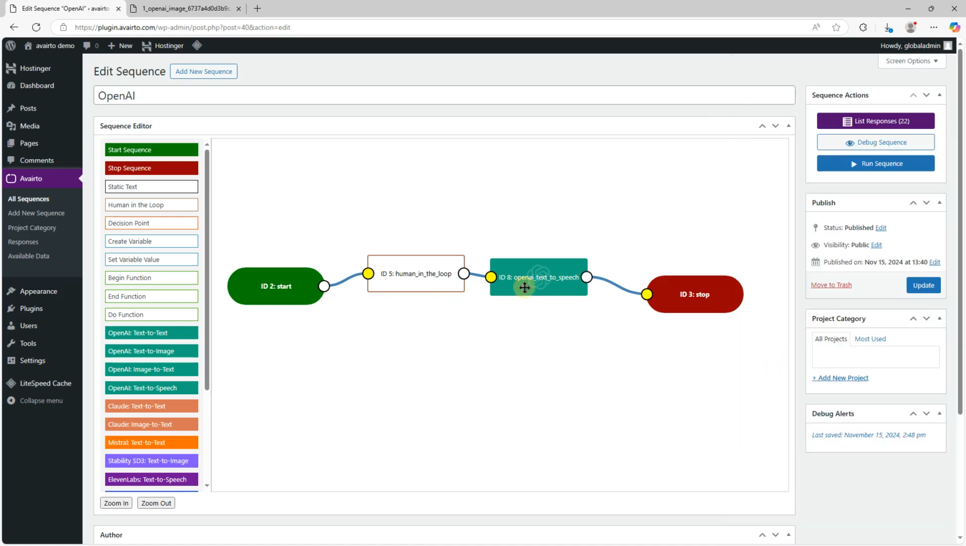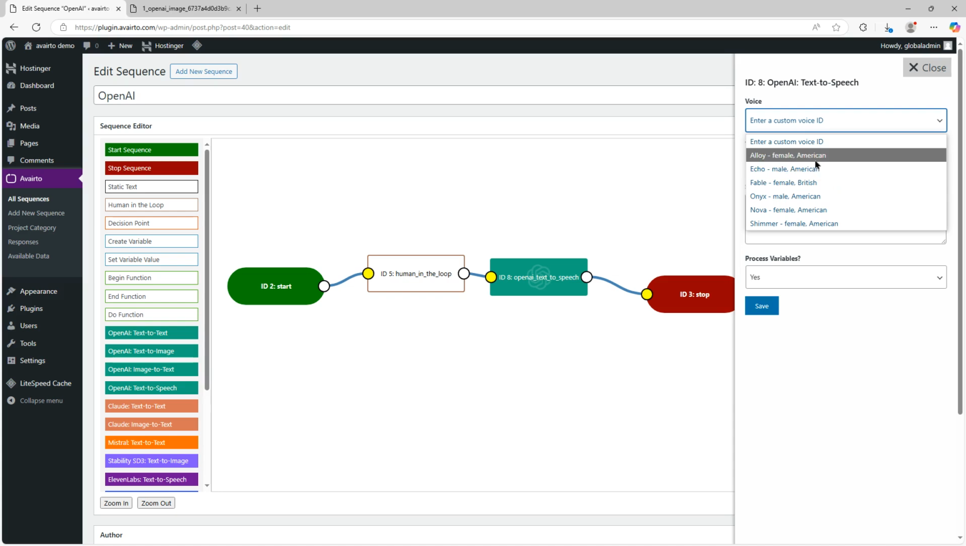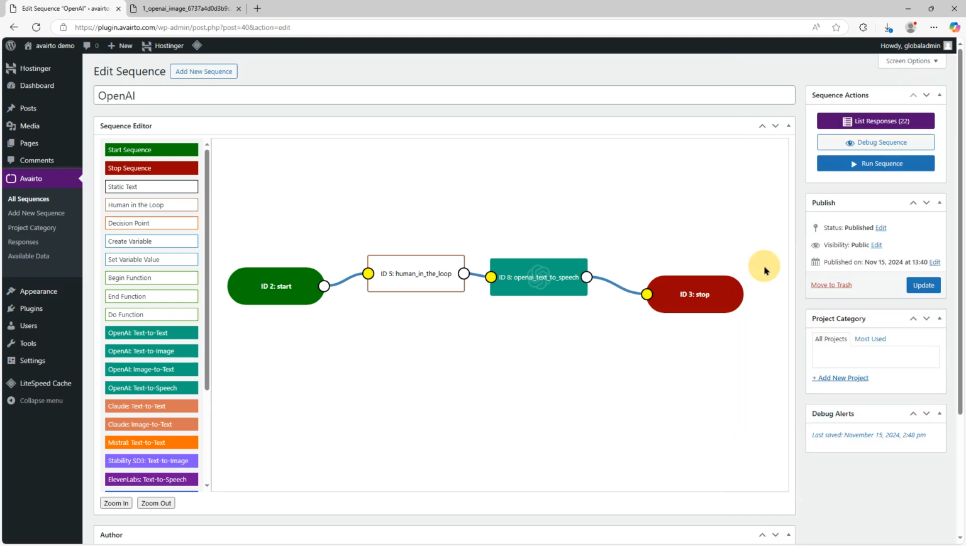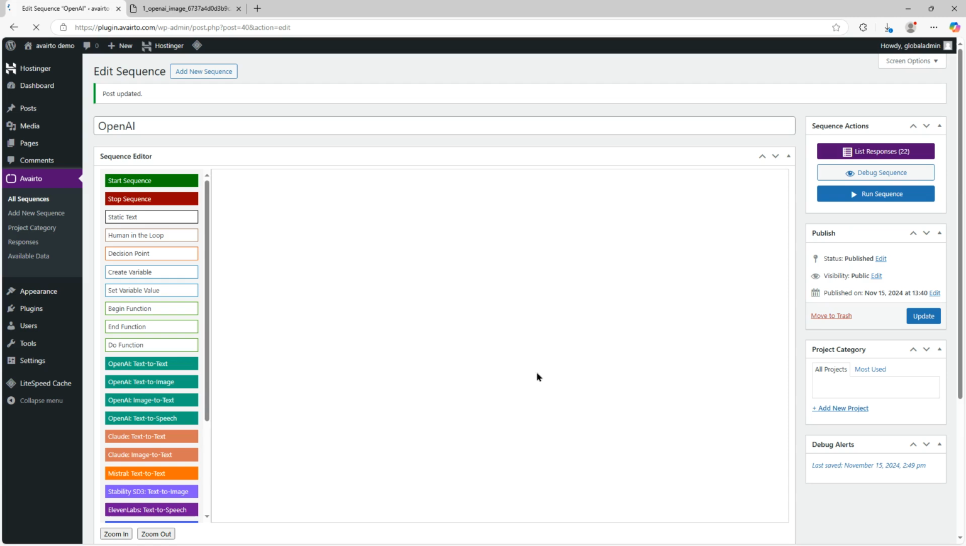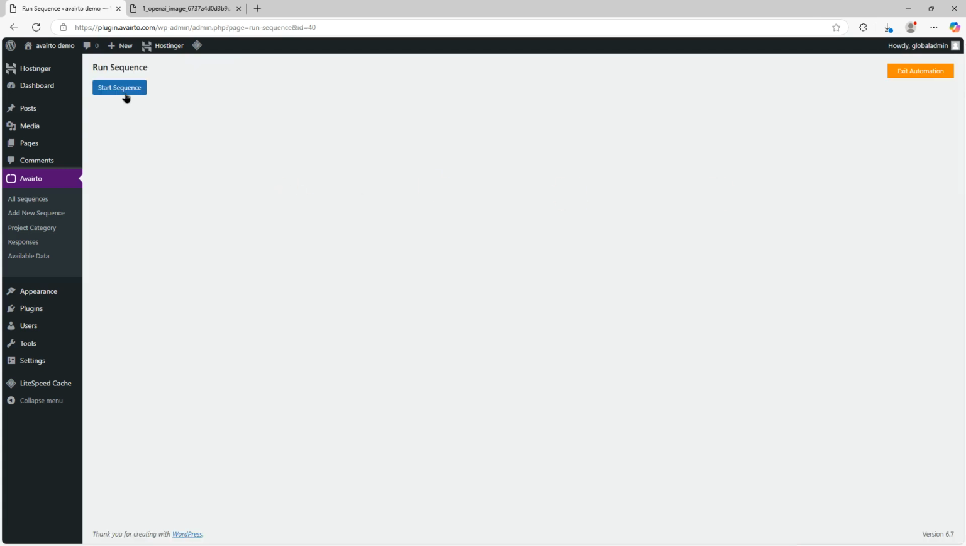I'm going to copy that response, drop it in to say the following. Make sure that process variables is set to yes. And I'm going to just choose whatever voice. I'll choose Nova. Click yes, update. And so basically this will say whatever we enter in the human in the loop phase. So when I run this,